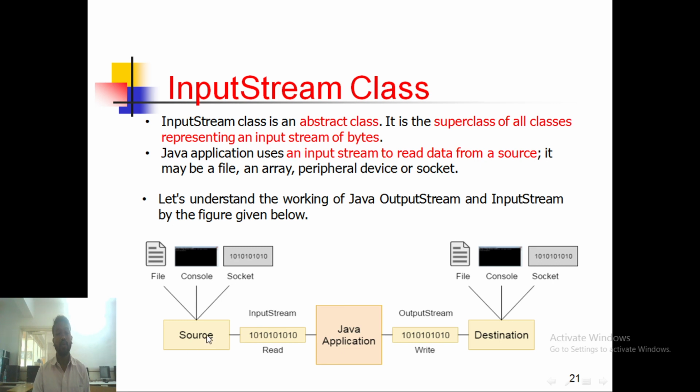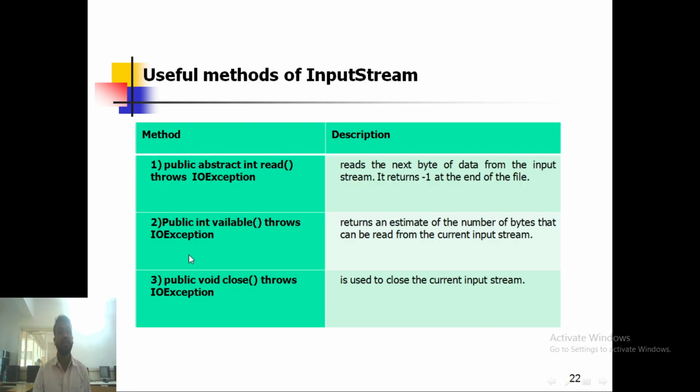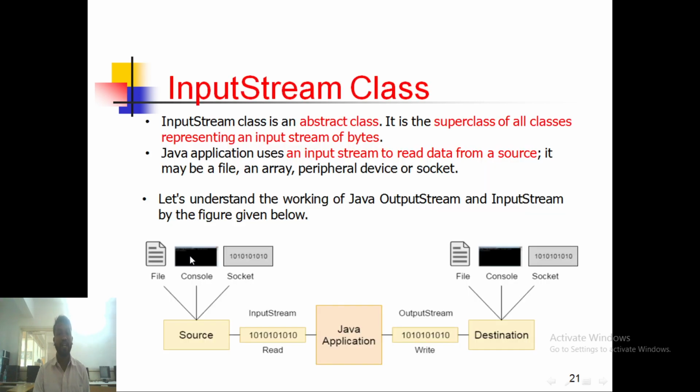The source might be a file, a console application, or a socket. It means that you can simply read the content byte by byte from a source, whether your source is a file, a console, or a socket. So this is the InputStream class.